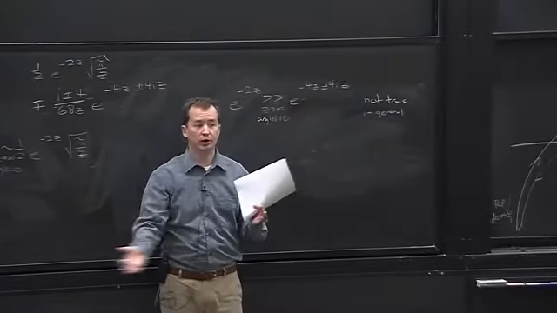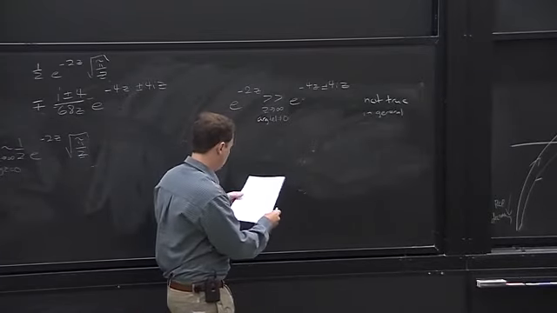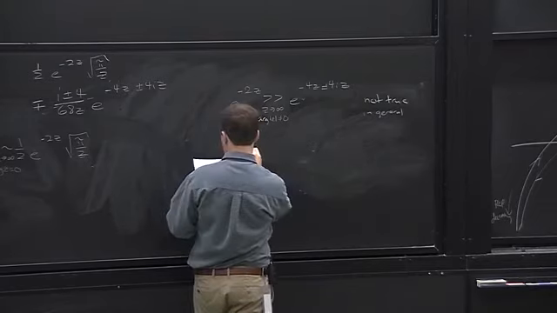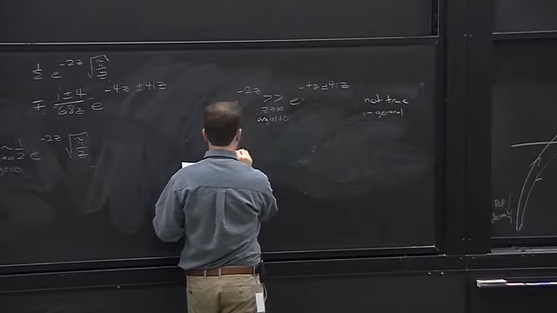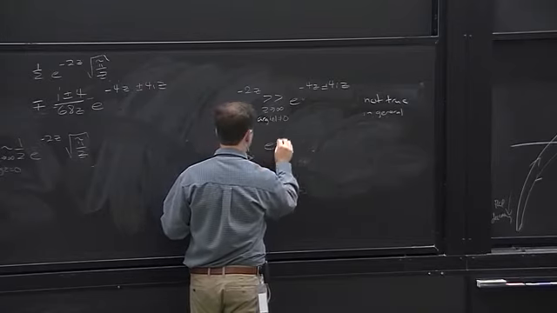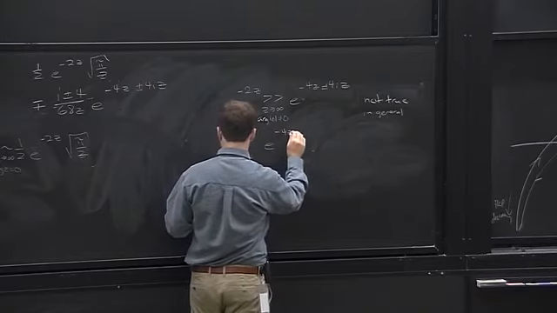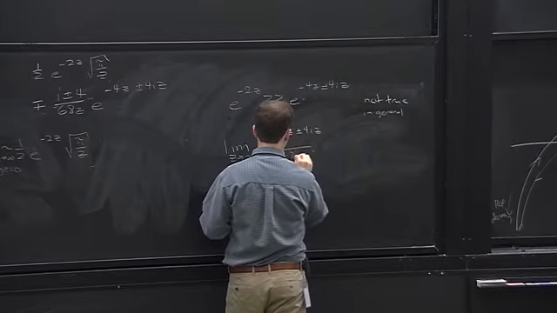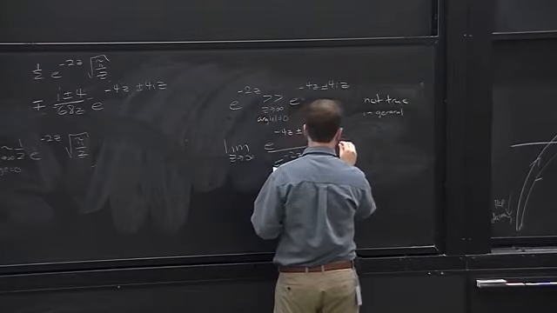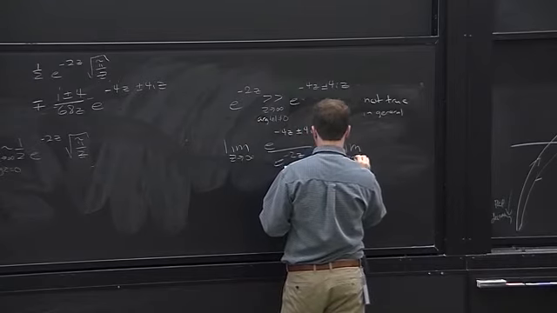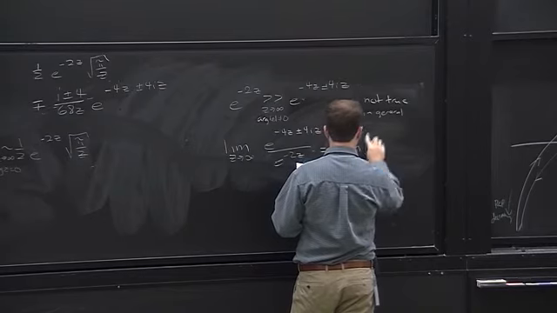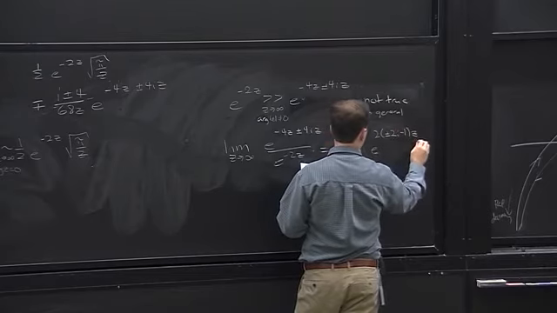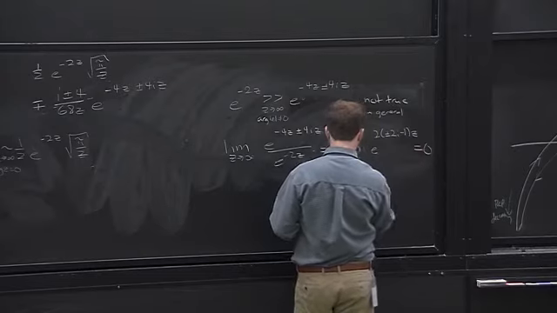in some wedge in the complex plane. All right, so what we're interested in is the limit as z goes to infinity of e to the minus 4z plus or minus 4iz over e to the minus 2z, which is the limit as z goes to infinity of e to the 2 plus or minus 2i minus 1 z. And we want this to be 0. So this will be 0 if